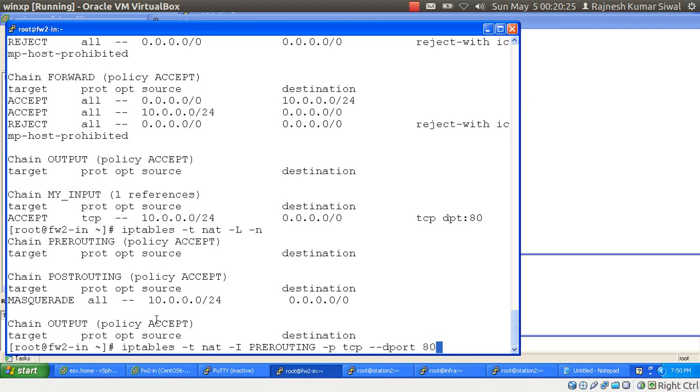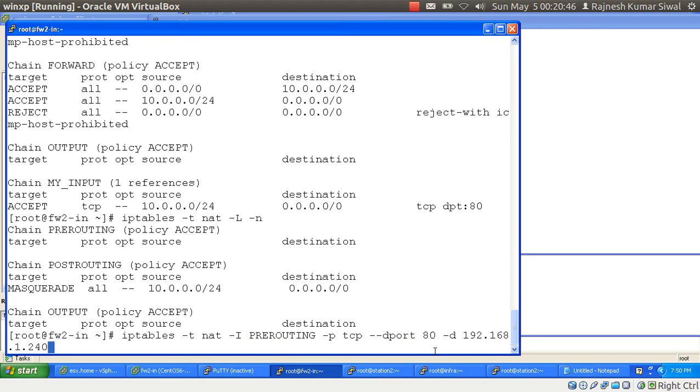So whatever traffic is coming in the PREROUTING chain which is destined to port 80, and you can say -d, the destination IP address 192.168.1.240 port 80, -j DNAT, change the destination address